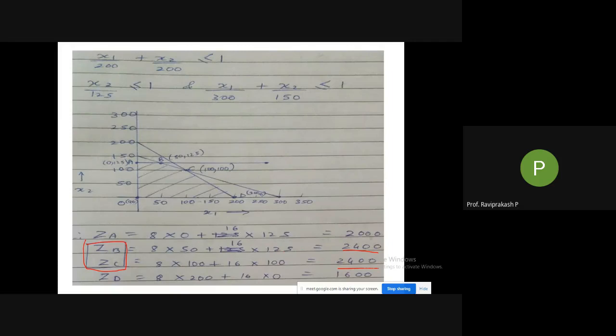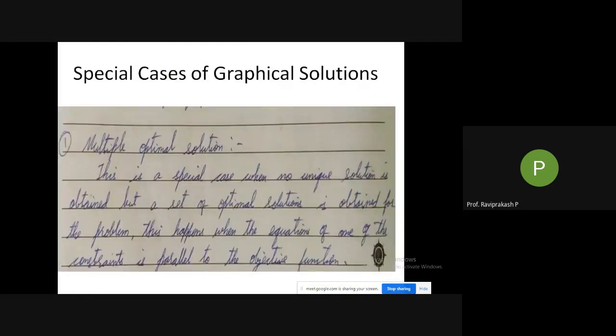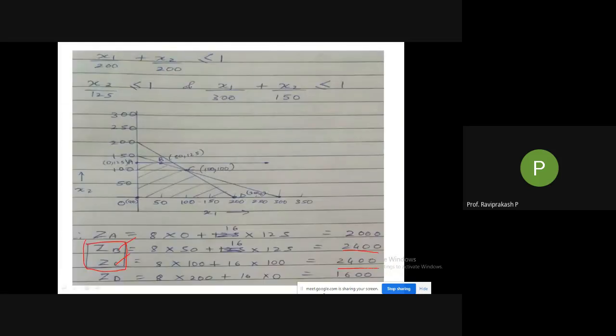You can go with anyone. So that is what they are telling you. Here both the solutions are the same, or both are optimal in this case. Based on this particular special case, that is multiple optimal solutions, we are getting two optimal solutions for maximization at 2 points. So you can go for any of the solutions. So that is what we mean by this.